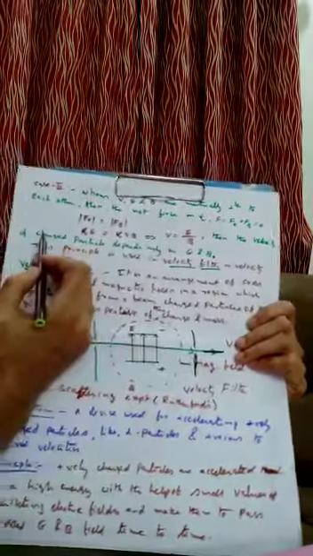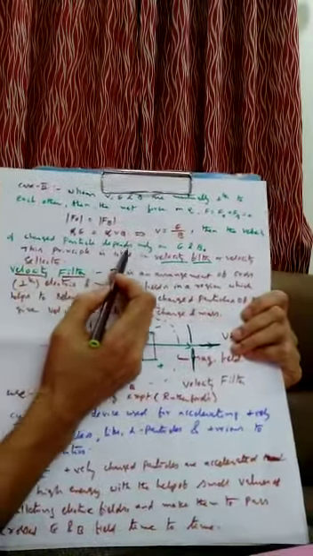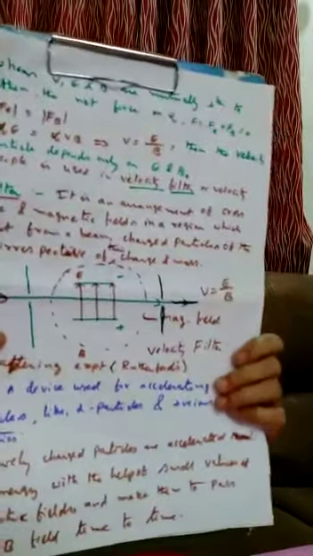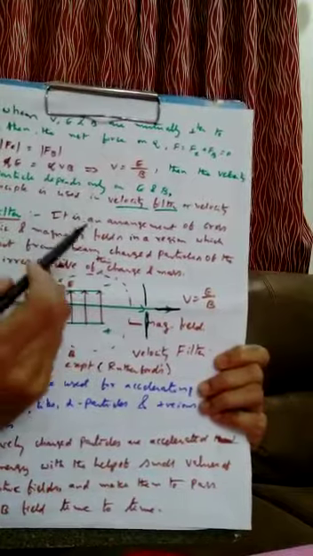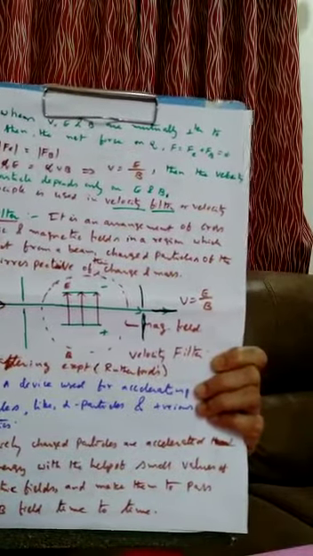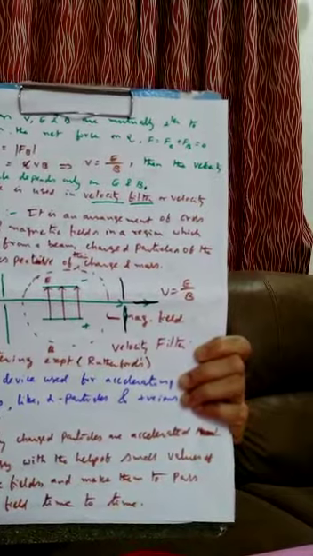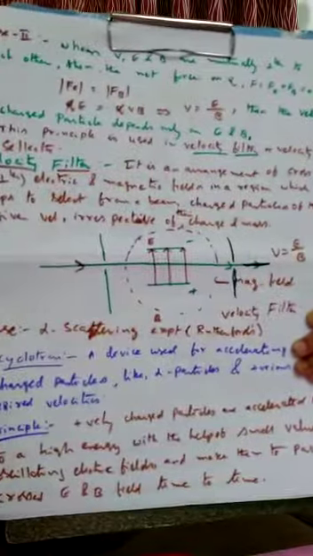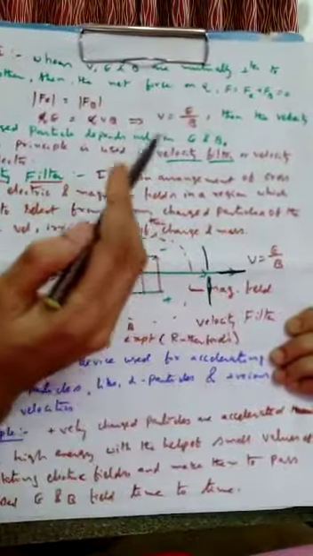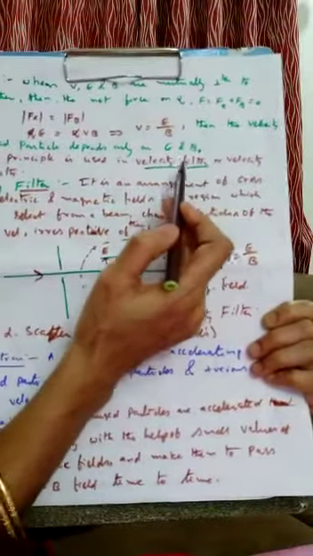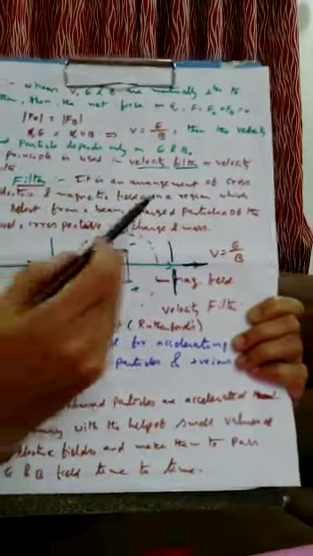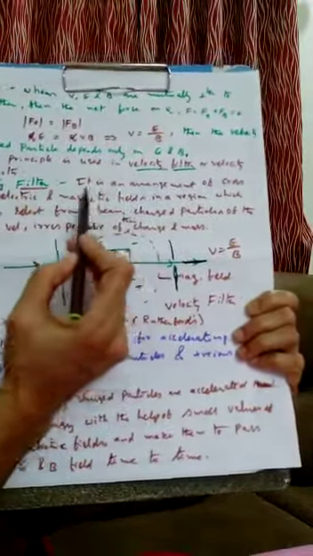So the velocity of the charged particle depends only on E and B. It does not depend on anything else. Whatever fields you select, that is why it is called velocity selector or velocity filter. Whenever you allow the charged particle to enter through crossed E and B, and cross means perpendicular electric and magnetic fields, the outcoming particle has a fixed velocity given by v is equal to E by B. Got it? This is the principle of the velocity selector.